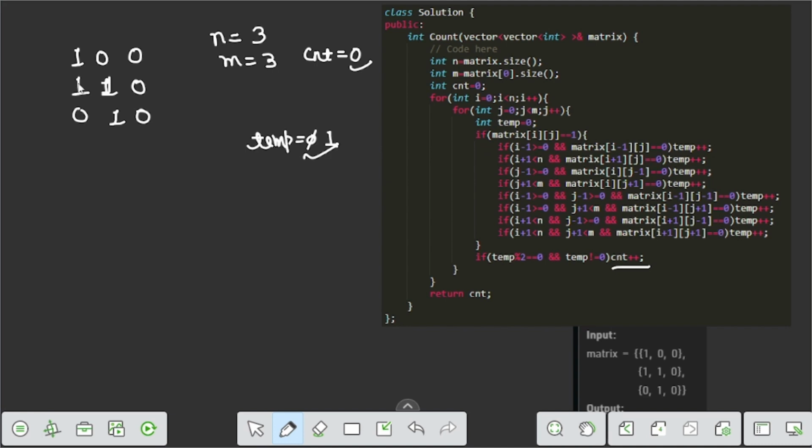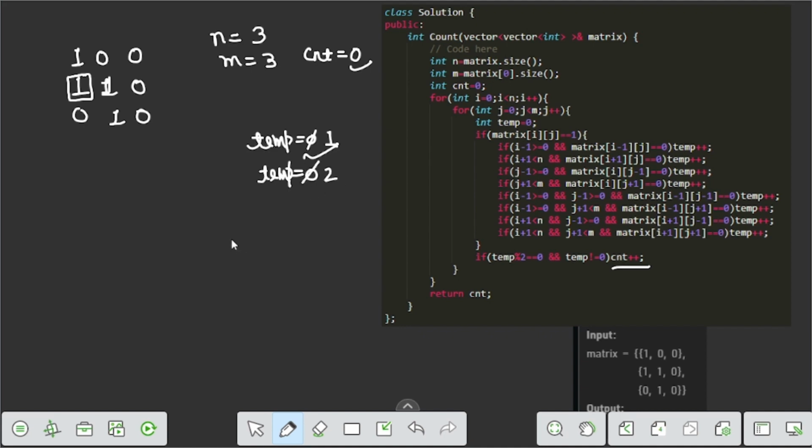So the next operation is performed at this index, here. So here we again initialize the temp variable as 0, and again calculate the number of zeros. So the number of zeros in all possible directions is 1, 1 and 2, so temp becomes 2.